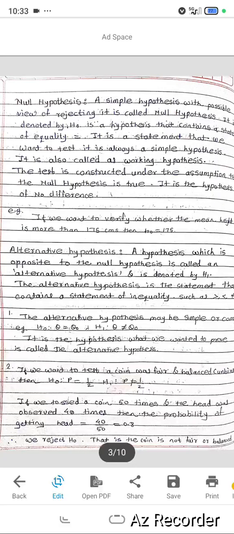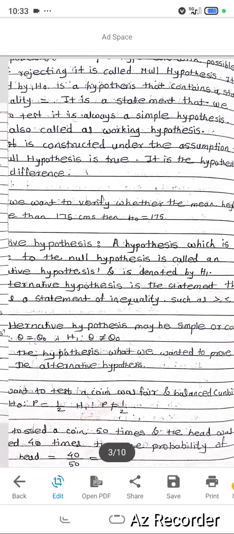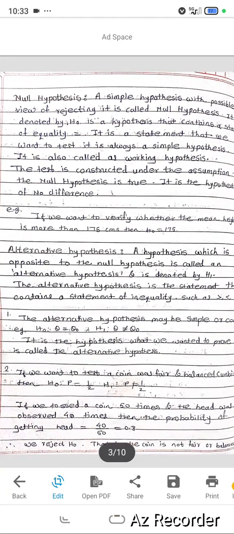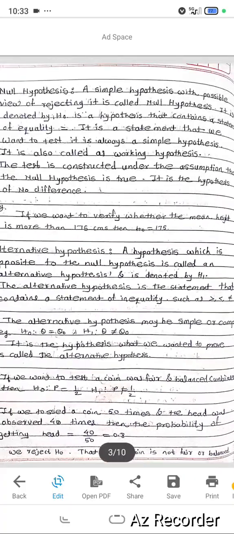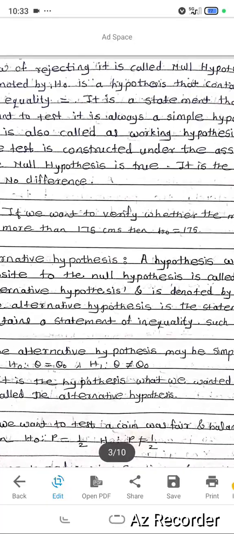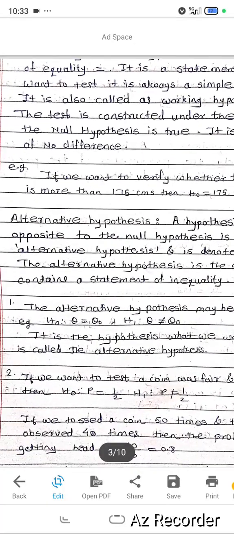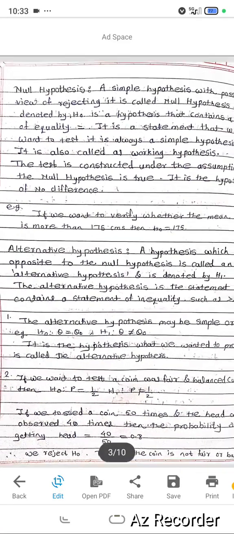Example, if we were to verify whether the mean height is more than 176, then H naught equal to 175, H naught equal to 175. Alternative hypothesis, a hypothesis which is